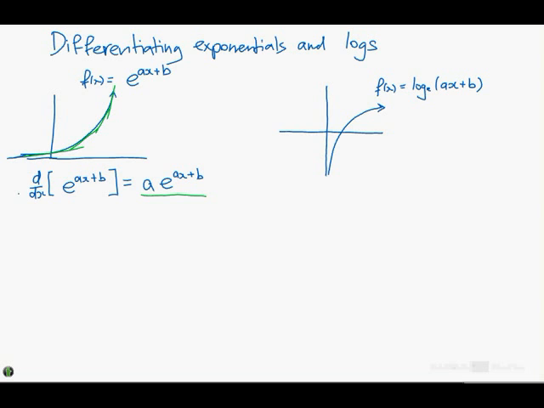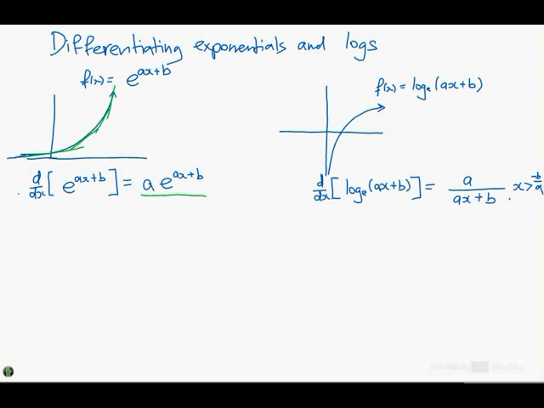Simple. And the rule for this, the derivative of log to the base e of ax plus b, is a on ax plus b,